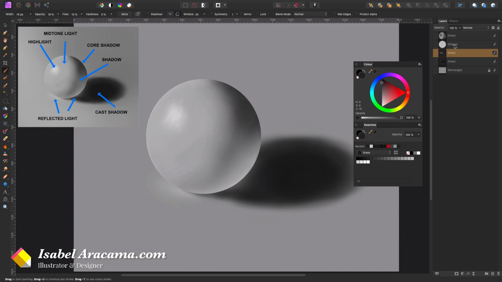So now what I'm going to be doing is talking about the edges on the sphere. As I said, the farther they are, the less edgy or the less defined they are. So what I'm going to be doing is using this smudge tool, and I'm going to make it real small.